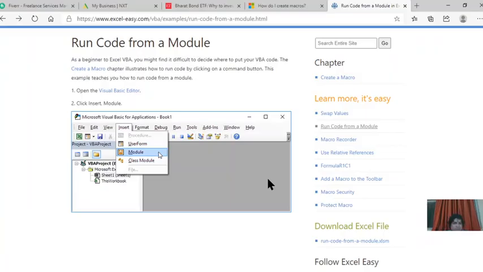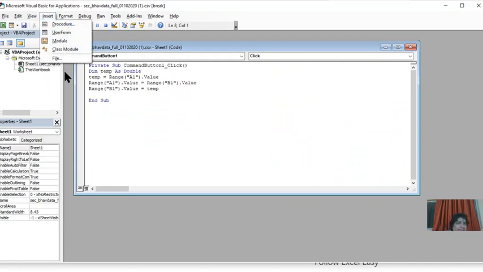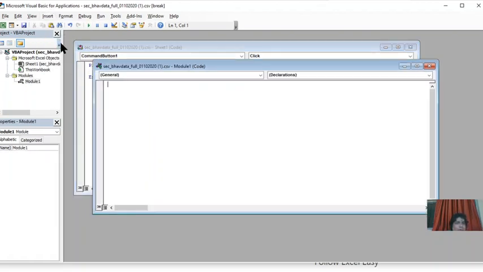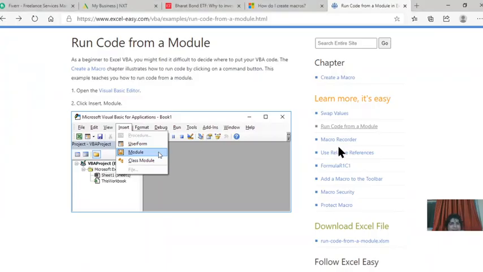In the Visual Basic editor, insert module. First of all we will delete all this, and then insert a module. Now this module has come.